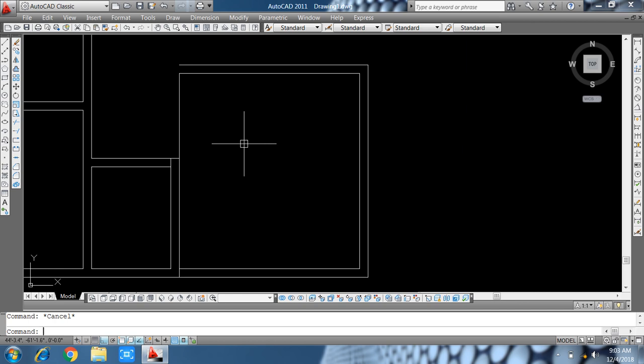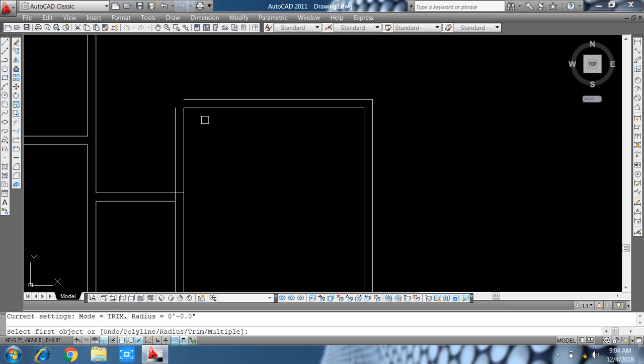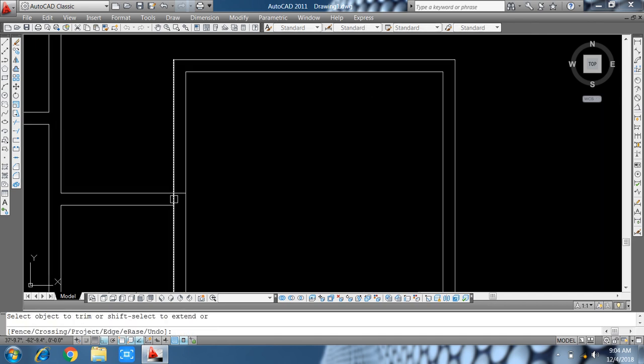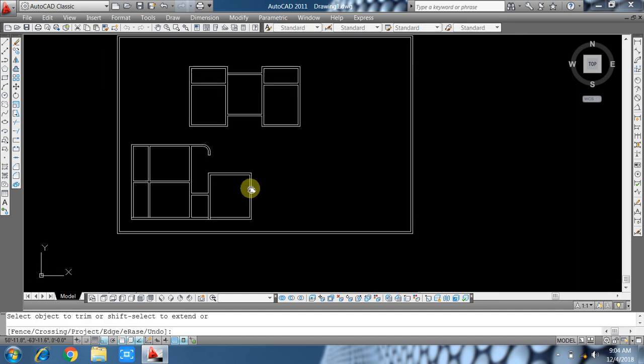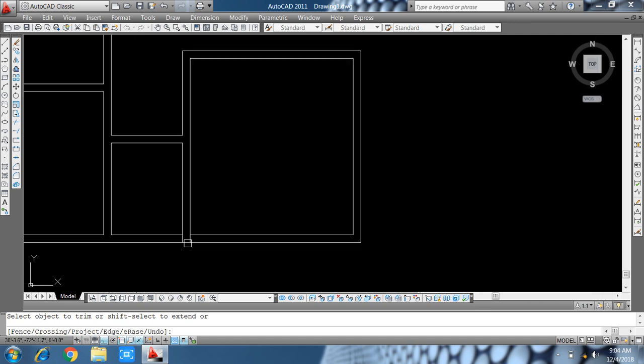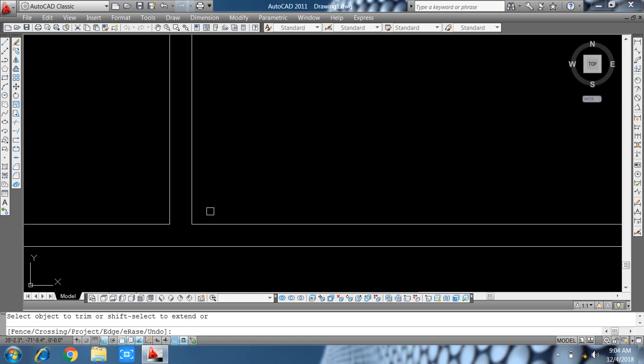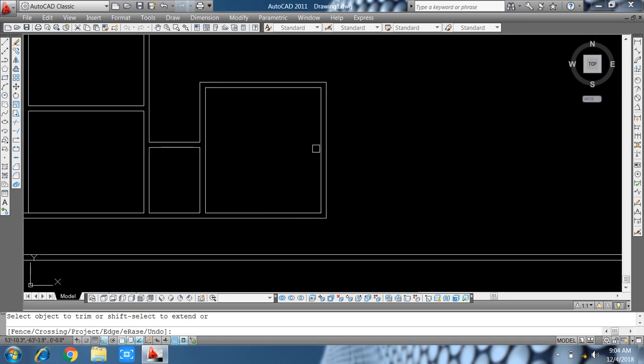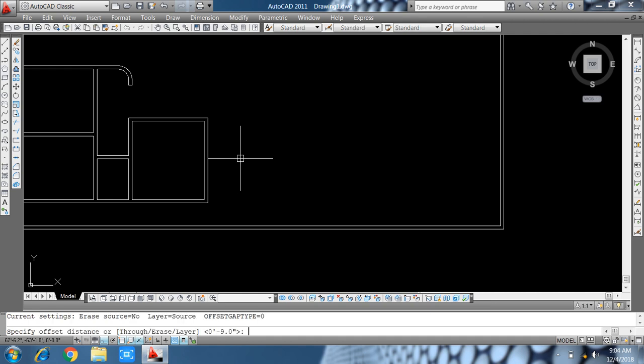Now friends, we also make that, and one another room, offset 14 feet, offset 9 inch, offset, line, trim the extra line, offset 9 inch,